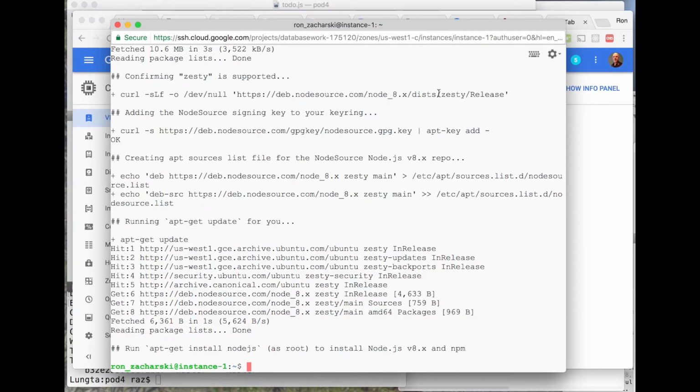Once it's downloaded, it tells us what to do to install it. It says run apt-get install Node.js as root. So let's go ahead and do that. If we want to run it as root, it's going to be sudo